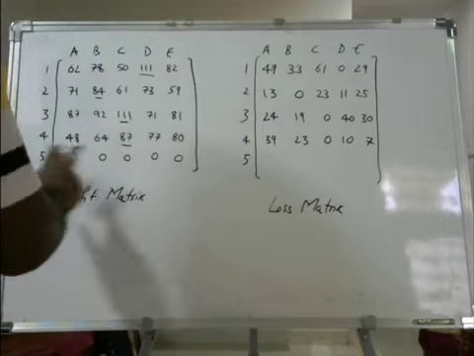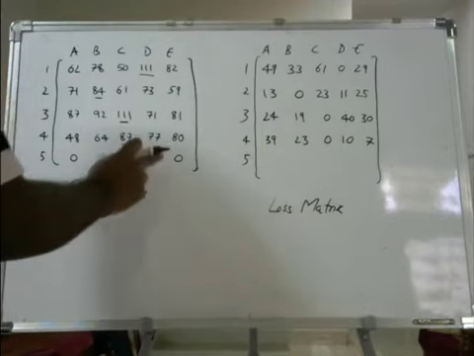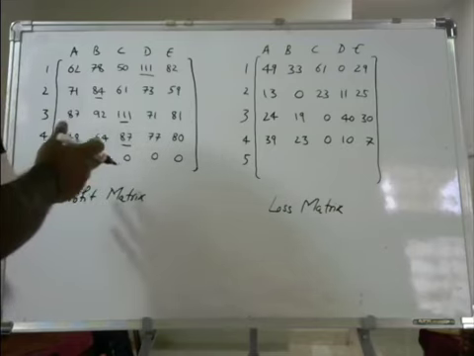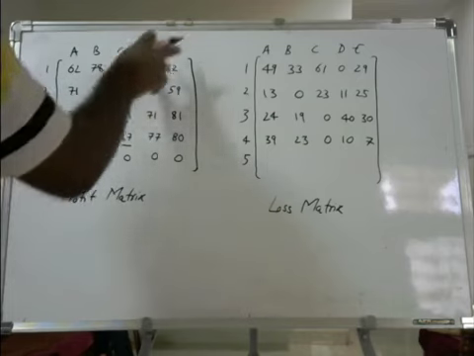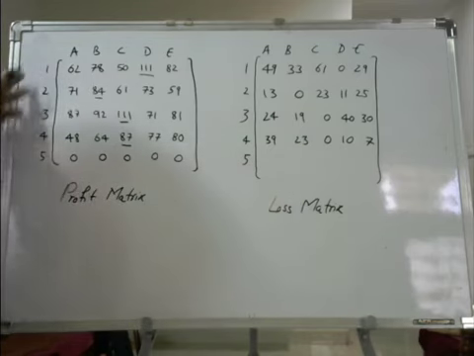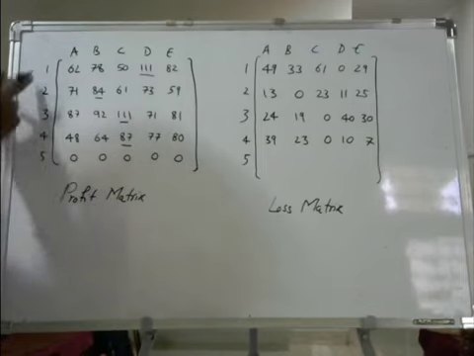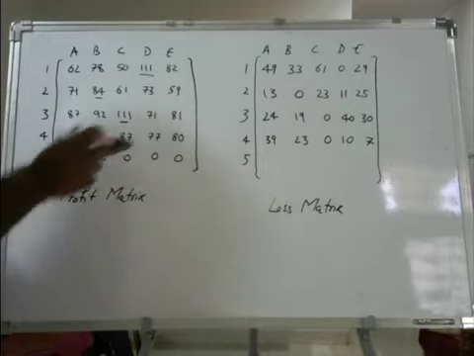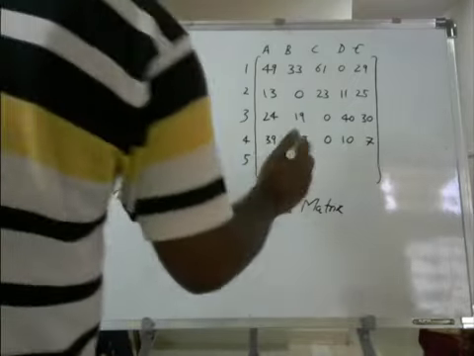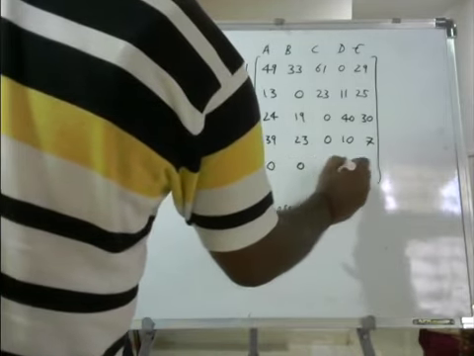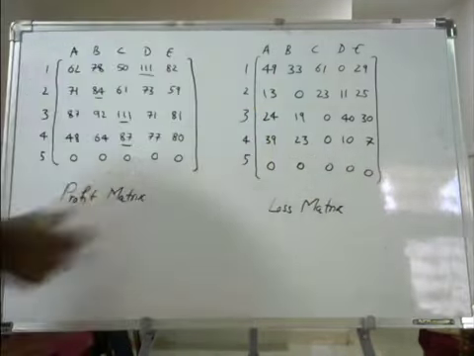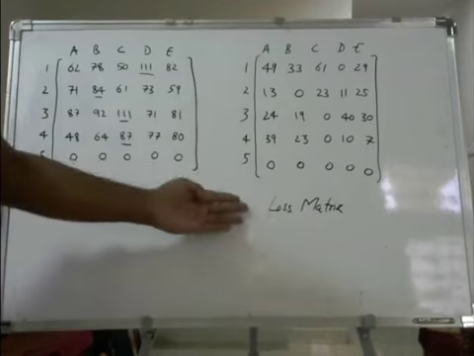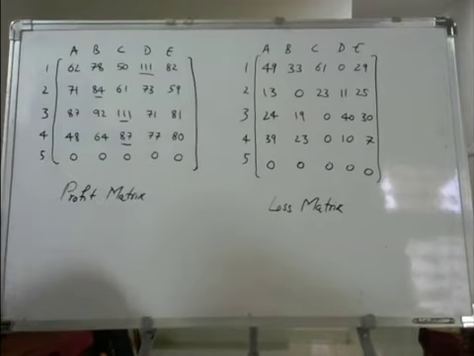Now here in this particular row all are zeros because we have taken a dummy row here, because it was an unbalanced assignment problem. So that's why we have balanced the assignment problem by taking a dummy row here. Since all are zeros, we'll put all zeros here. So in this way, we have converted a profit matrix into a loss matrix, and from this loss matrix, you need to continue with the same Hungarian method.